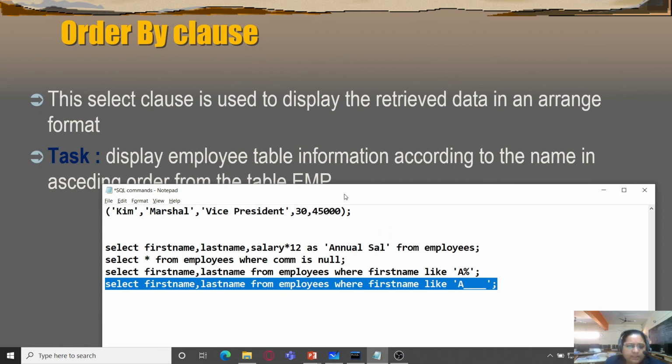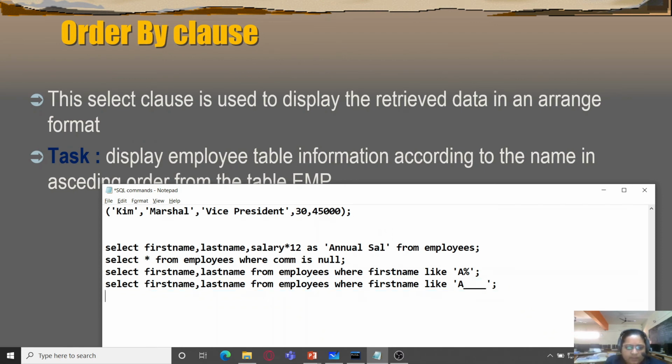So let's write it. Select employee table information means all the field values are to be printed. So select asterisk. One thing you should remember that when you are using asterisk there, it automatically represents multiple fields, that is all the field information. So kindly do not specify the field names after asterisk.